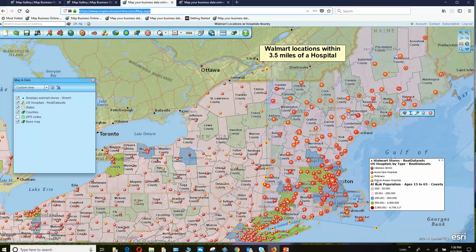So this is a relationship between Walmart stores and hospitals where we might have